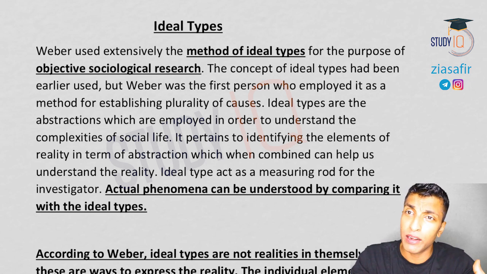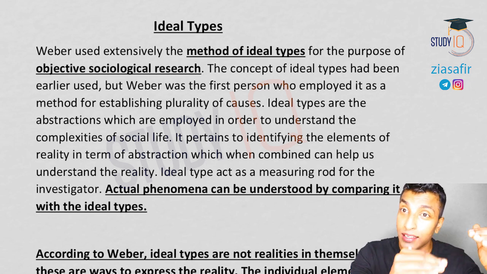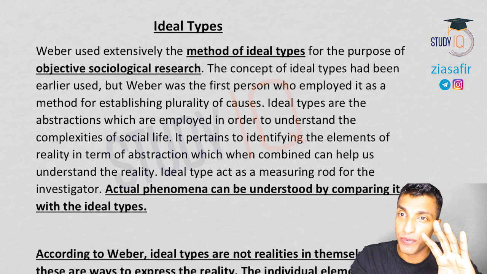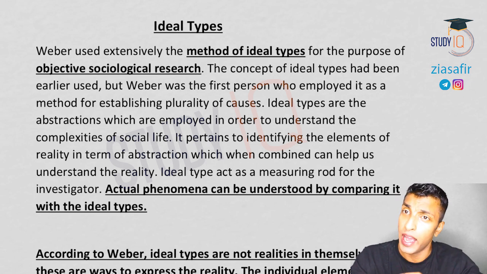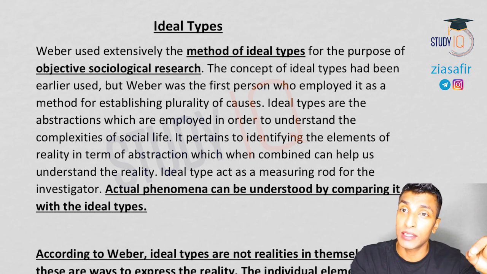So these are the main 4 methods which you can expect from Weber in paper 1, in the compulsory papers, or in the compulsory 5 questions you can expect 1 question from here. And Durkheim also we have discussed various methods like indirect experiment, multidisciplinary, multivariate analysis. Okay, why I am putting it in part 1 and compulsory question, because these can also be asked as a part of your 3rd chapter, that is research methods.